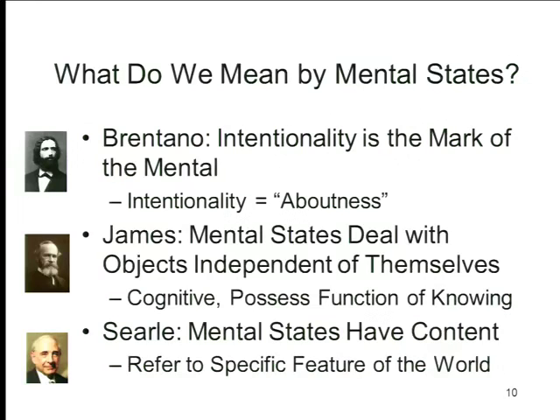And then Professor Searle makes exactly the same point when he argues, citing Brentano, that mental states have content, that is, that they refer to specific features of the world. So that's what we're talking about. We're going to talk about mental representations of past or present or future events